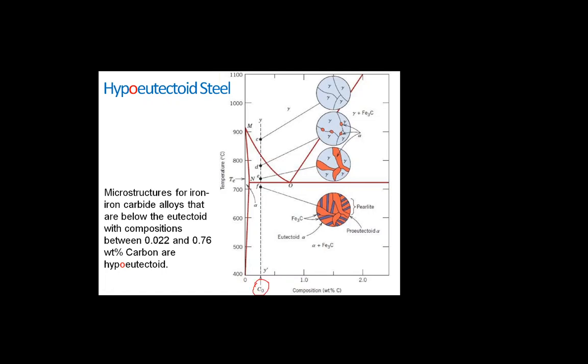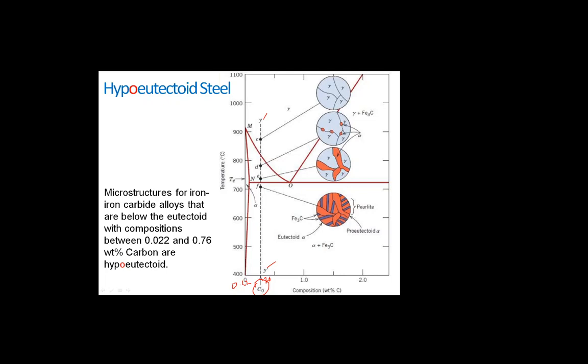This is the particular C0 to the left of the eutectoid, in the range from 0.02, that is the pure or mild or low carbon steel, to 0.76% of carbon. This is termed hypoeutectoid, less than the eutectoid alloy. Cooling an alloy of this composition is represented by moving downward from Y to Y dash, which is a very low percentage of carbon in the iron system.